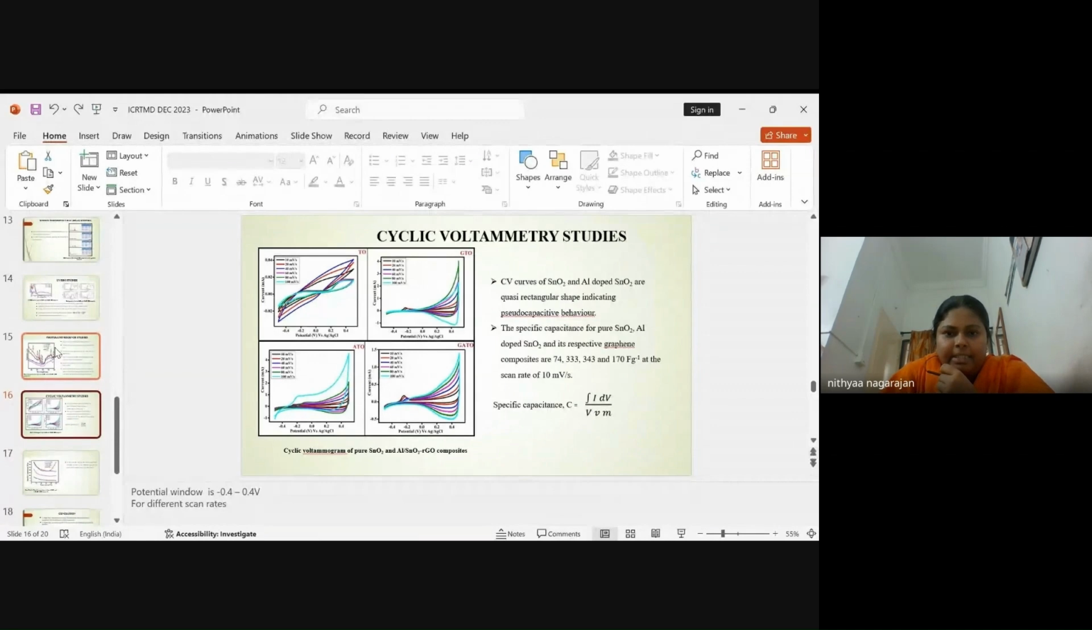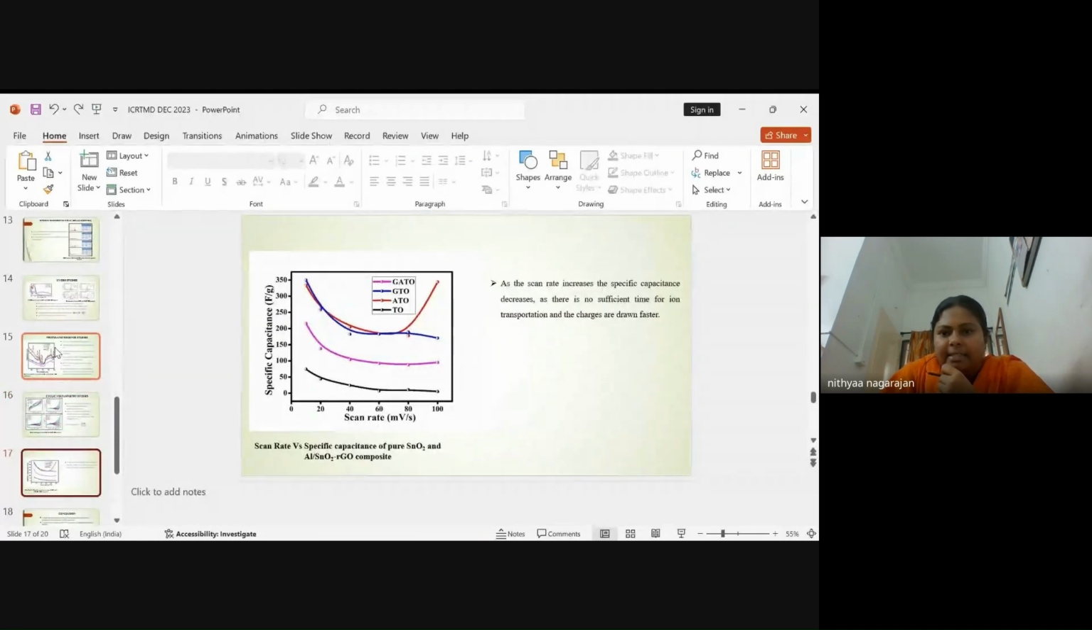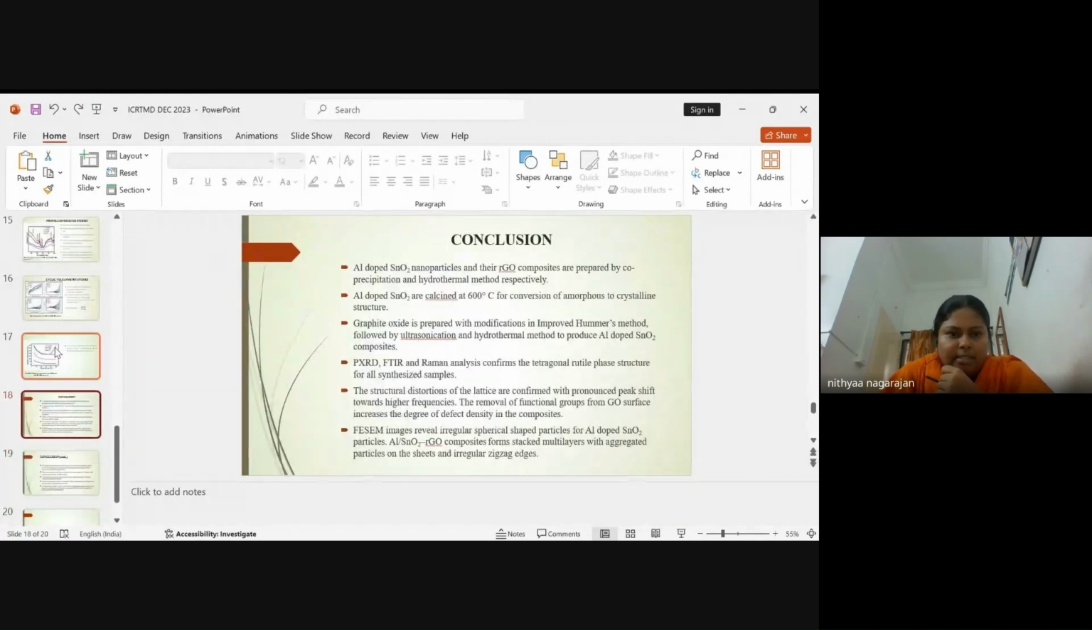prepared samples. As the scan rate increases, the specific capacitance should decrease, but there was a slight change for aluminum doped tin oxide, where the specific capacitance increased. And the specific capacitance decreasing with increasing scan rate is due to the rapid mobility of the charges. So the conclusion is that the aluminum doped tin oxide particles and the composites were prepared by the co-precipitation